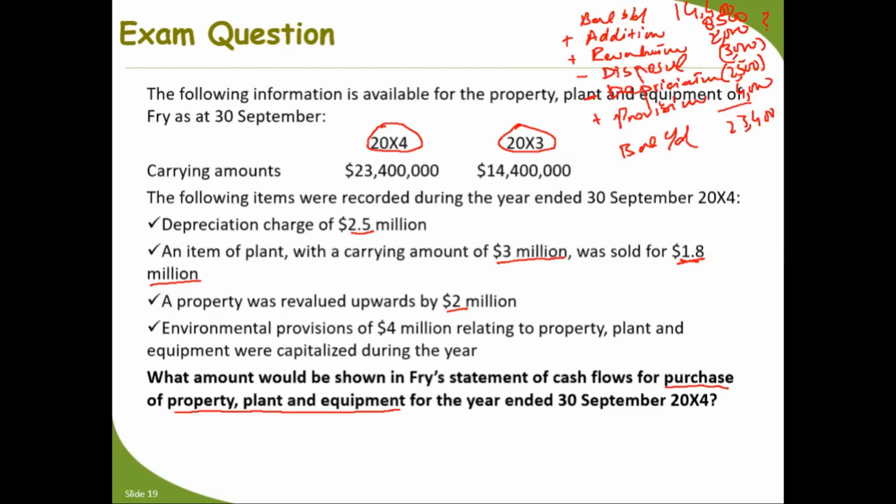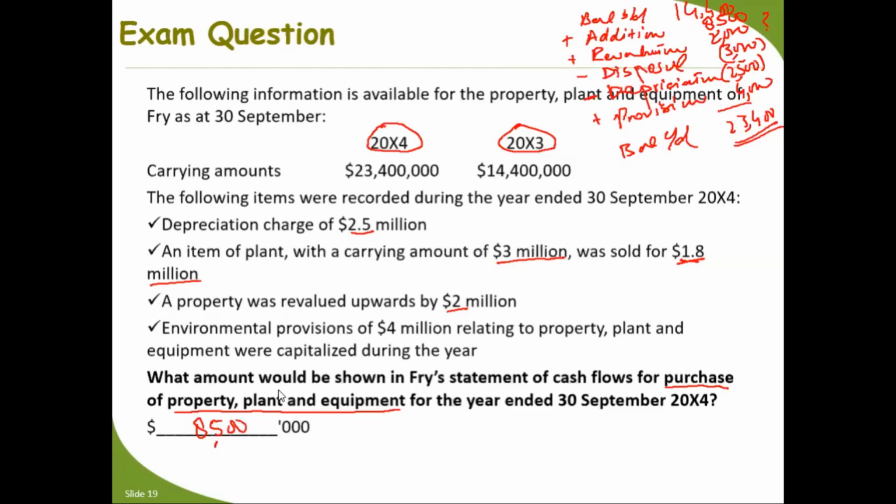So 14,400 plus 8,500 plus 2,000 minus 3,000 minus 2,500 plus 4,000 is equal to 23,400. So 8,500 is our addition. We used just that proforma. So our answer is